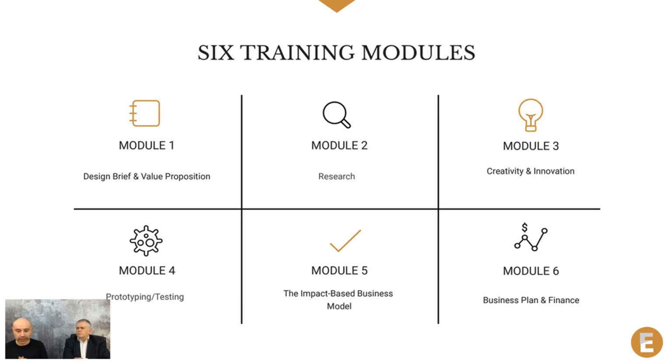The business plan and finance is only an implementing document. So you are sure that there is a need for your product, you validate the need, you create a business model, and then you are ready, only when you are sure that there is demand for it, to say, okay, my financial projections for the next 5 years are going to be those and those and those. There is no point having a business plan if you don't have a business model. So all the design process ends up with the business model, and only then we can talk about the business plan and the finance. Have I forgotten something?